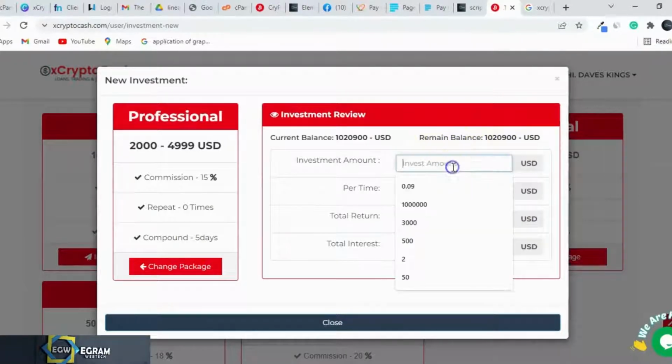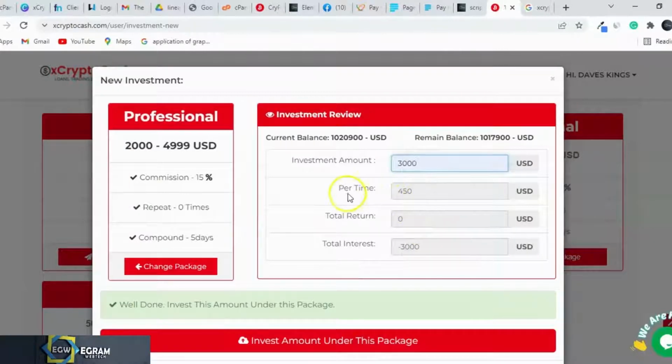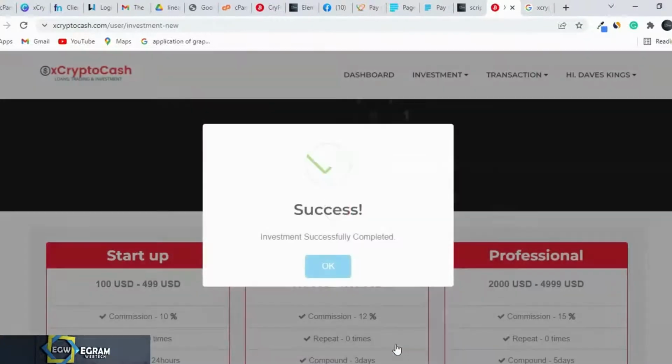I want to put $3,000 from my remaining balance, and each time I'm going to be earning $450. When I click invest under this package, automatically it's going to debit that $3,000 from my current amount. You understand now?